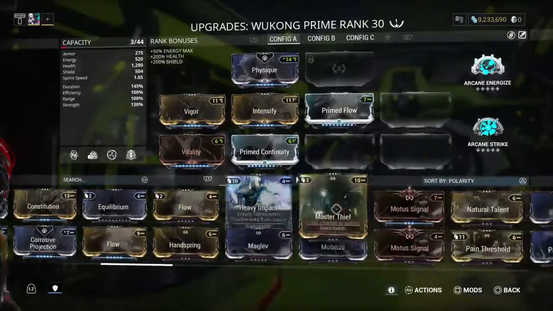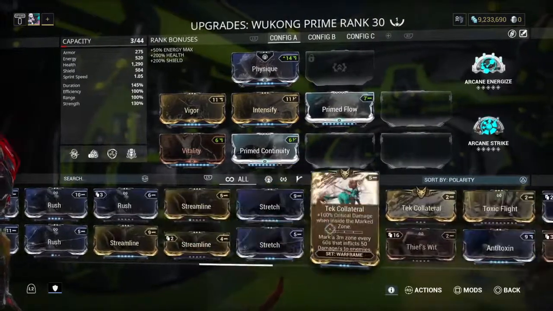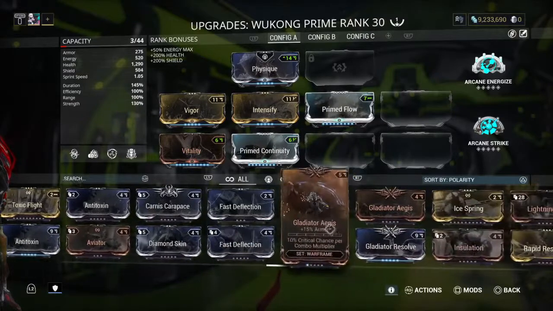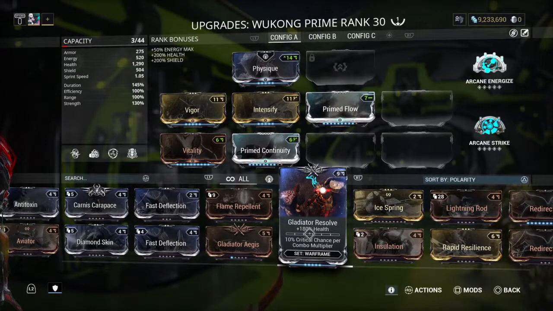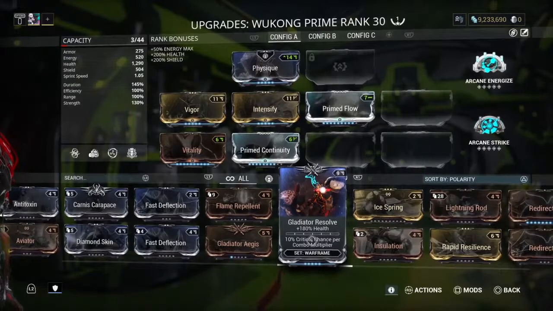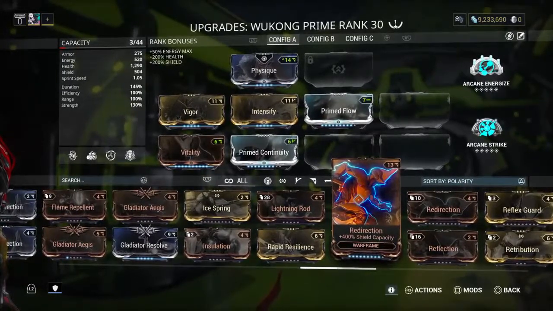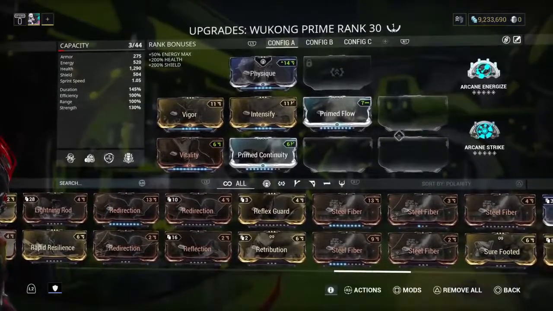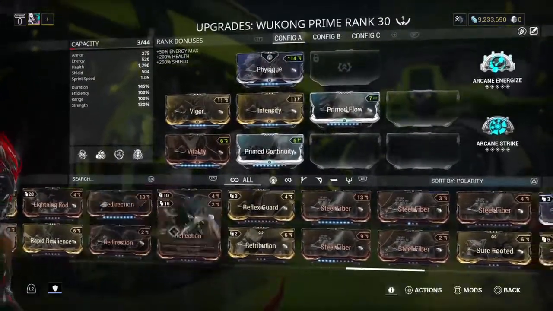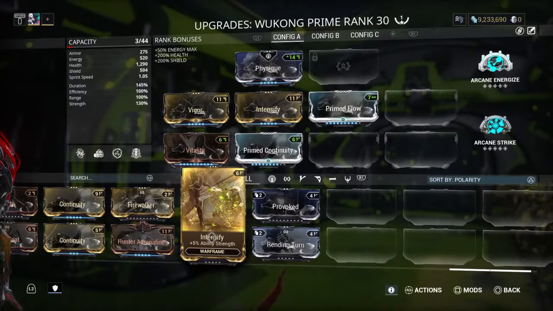Depending, I will go later and put on other mods. There's a few that I'm still missing. For instance, I'm missing, oh, this is Wukong, I don't need that. Let's see here, I need Gladiator Resolve, which is 180% more health, with a combo chance multiplier, which again heightens my arcanes. I will put on a Redirection, which is even more shield, so he'll have almost 1,000 shield and over 1,000 health. Still Fiber for the armor, and that will be my build for Wukong, because that's all you really need, unless you want to throw on something else like Continuity or something, but I actually don't need that